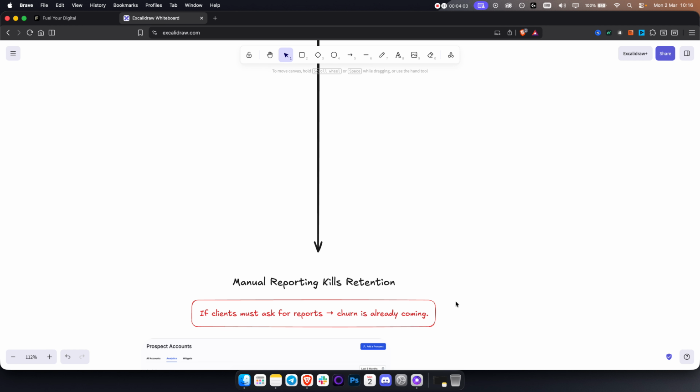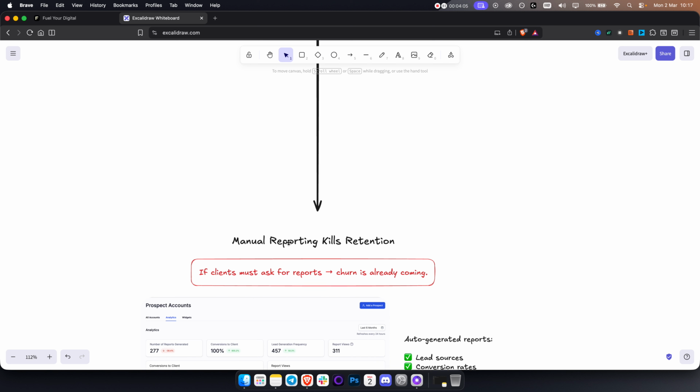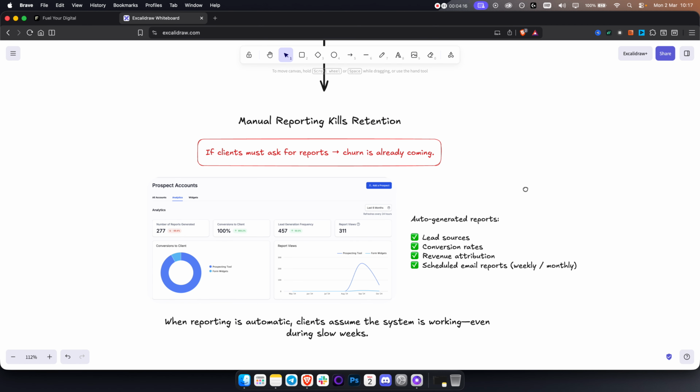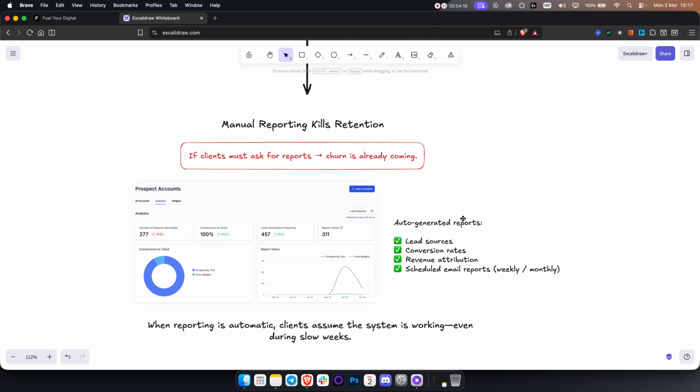Now, the third thing is manual reporting kills retention. So again, if a client is asking you for reports, this is already end game, right? You want to do this yourself because churn will happen right here. So what you can do is auto-generate reports as well in Go High Level. It's quite easy. And again, you can auto-generate reports for your lead sources, for your conversion rates, for your revenue attribution, for your clients, and you can also schedule email reports weekly